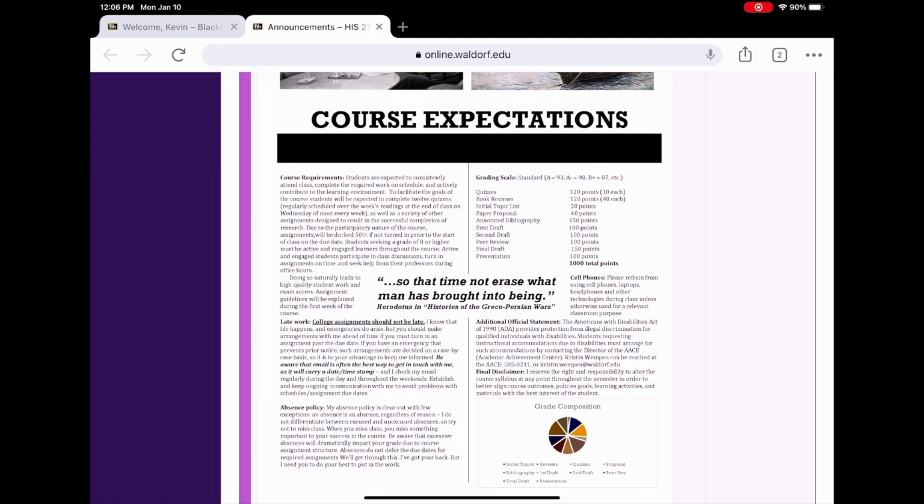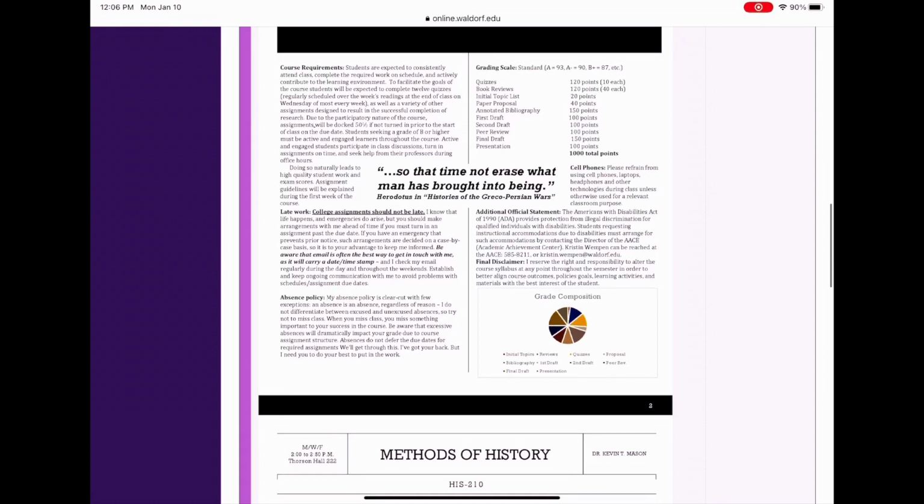This will be our 9th annual Waldorf Student Symposium. You'll be joining some of the grades. So you can see that your grade at the bottom of that grade composition wheel is made up of a lot of different things. As you've had me in class before, which many of you have, even if you haven't,